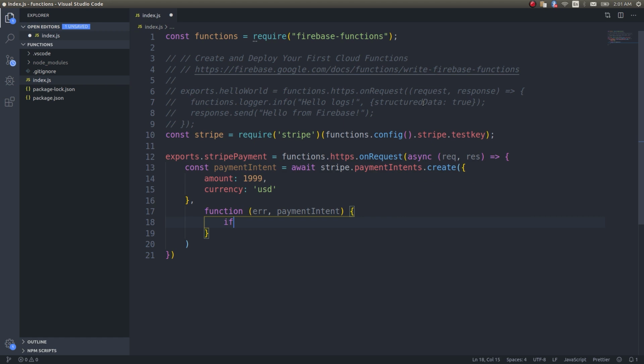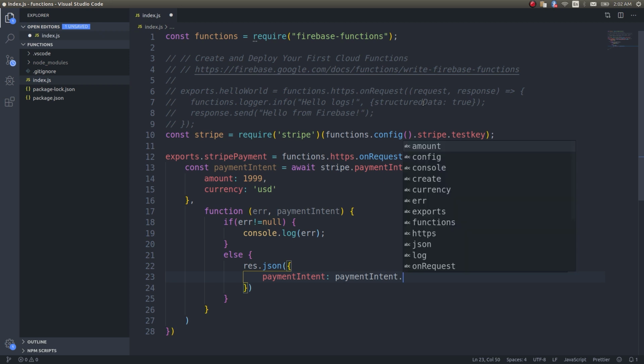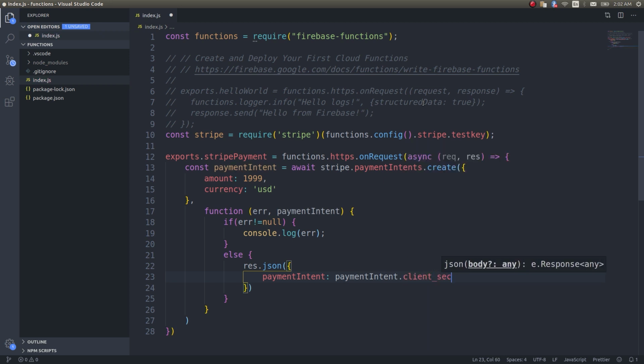Inside this I'll just give if error not equals null, then console.log error, so that I can view what's the error. Else response.json, I'm sending a payment intent dot client underscore secret. Now the thing is, here you can even pass